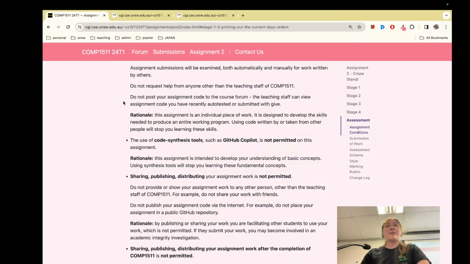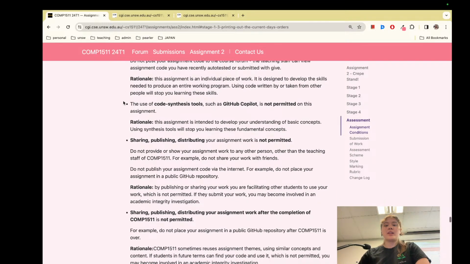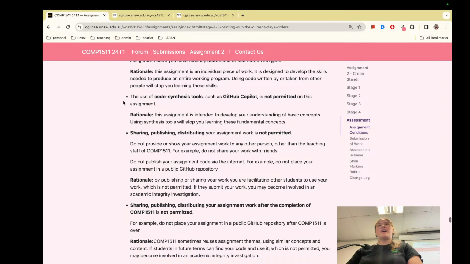Same as assignment 1, don't post your code on the forum. As long as you auto test or give, we can see your code, so you don't need to worry about posting it on the forum. And yeah, if you do,